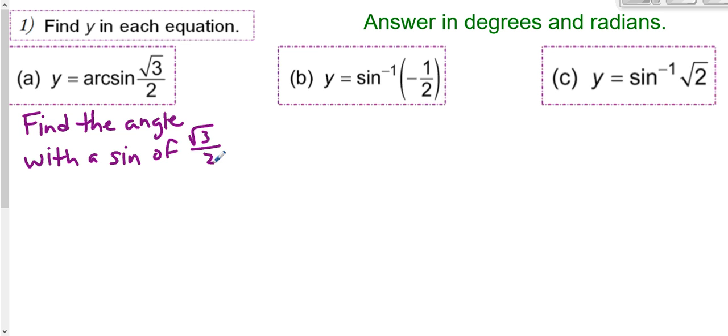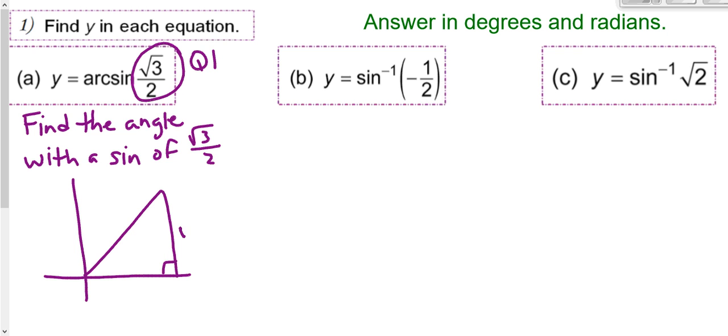So you ask yourself, here's the process. What quadrant would it be in if the exact value was square root 3 over 2? Notice that that is positive, so that would be quadrant 1. Now we know that sine is also positive in quadrant 2, but we're not using quadrant 2 for inverse sine. We're only using answers that fall between negative 90 degrees and positive 90 degrees. So quadrant 1,